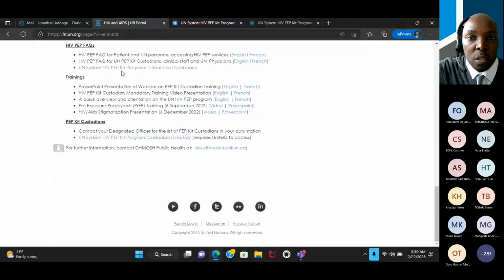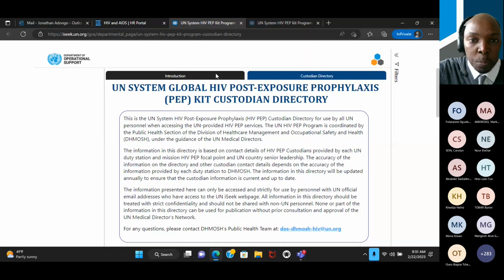So let's look at the first dashboard, which is the HIV PEP Kit Custodian. At the bottom of the HIV PEP portal, within the HR portal, you'll find the custodian directory. If I click this link, it will open up this particular dashboard.